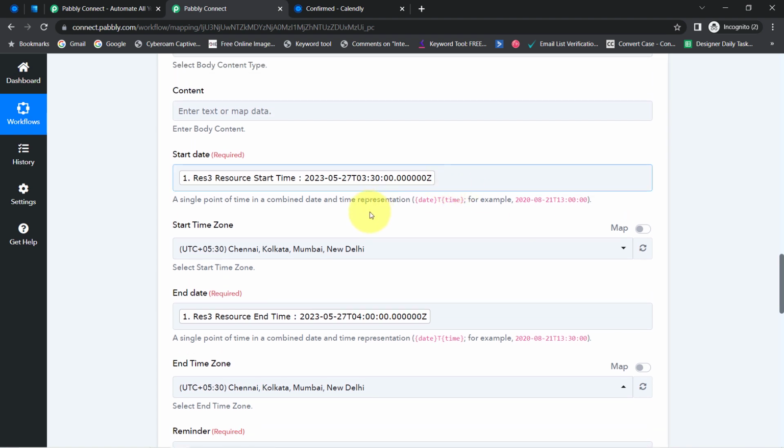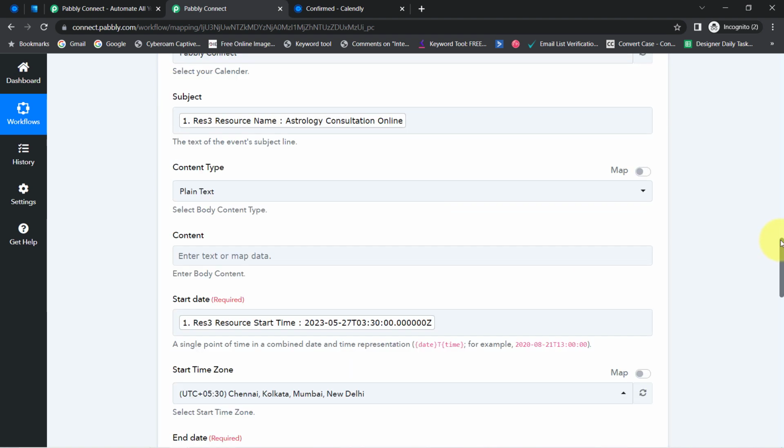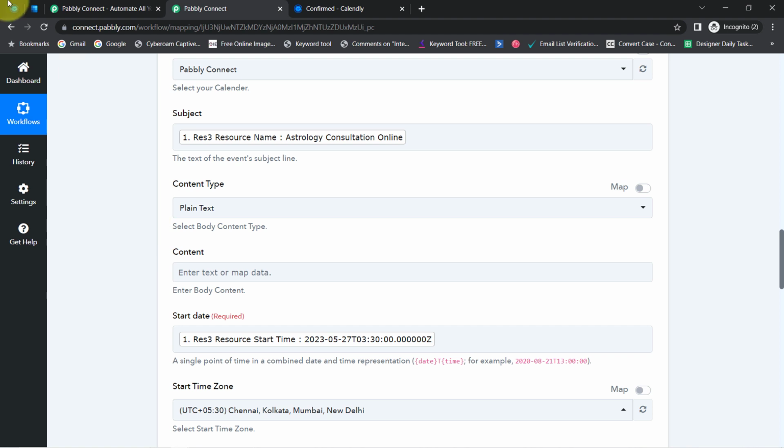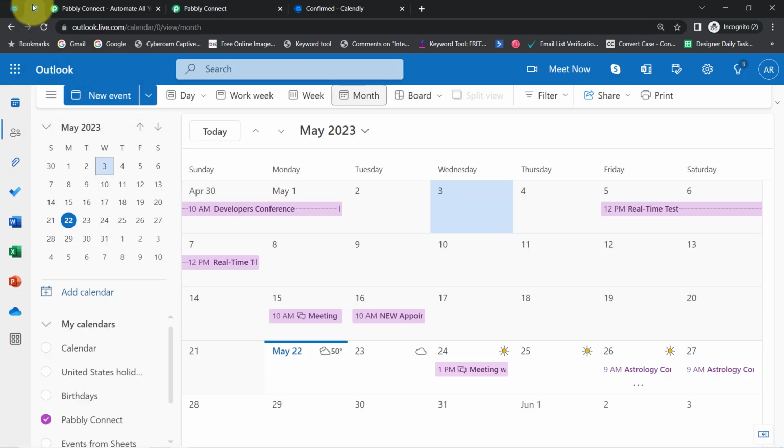I repeat, whatever details I am providing here with the help of mapping, these details will be replaced automatically, and just in case I provide some data manually, that detail will remain the same. So this is the difference between providing values via mapping or manually, and that is why mapping plays a major role inside this automation, and